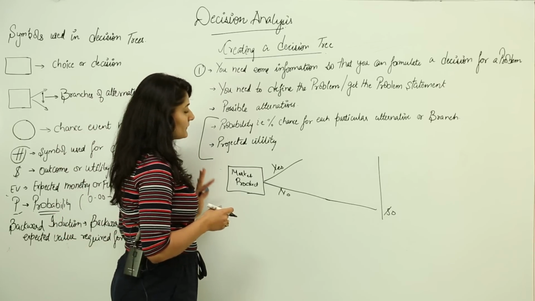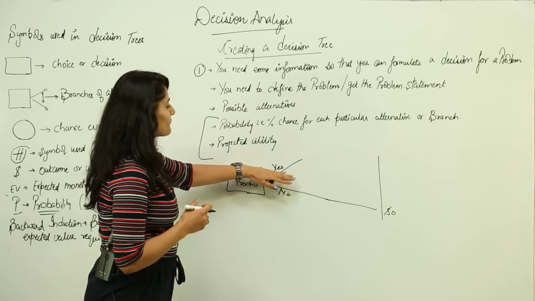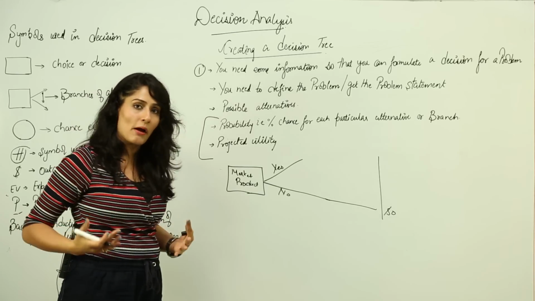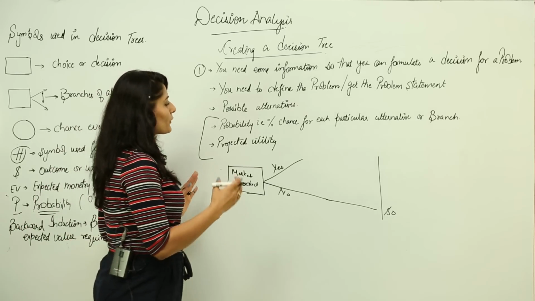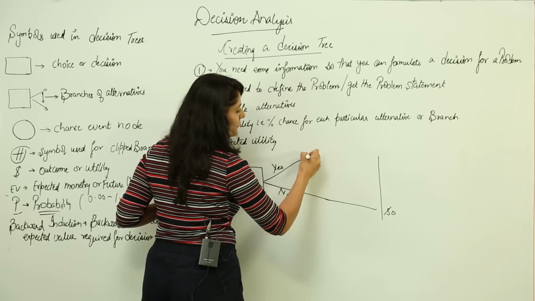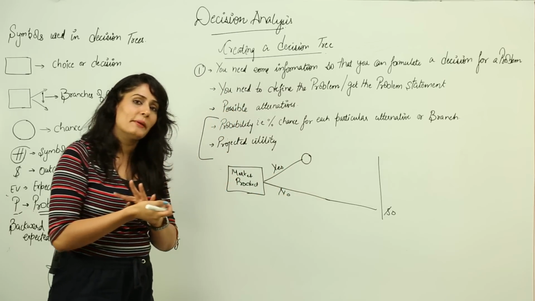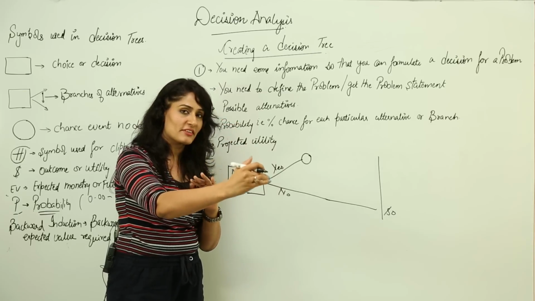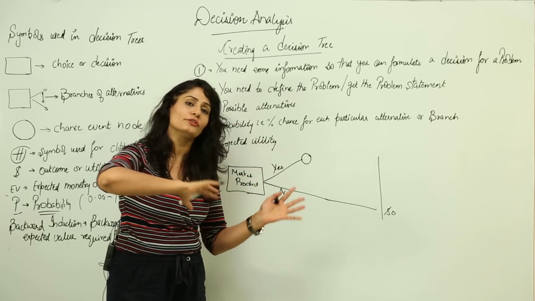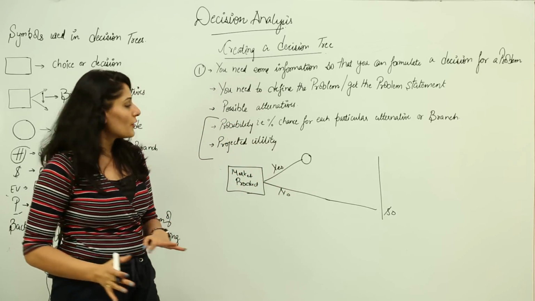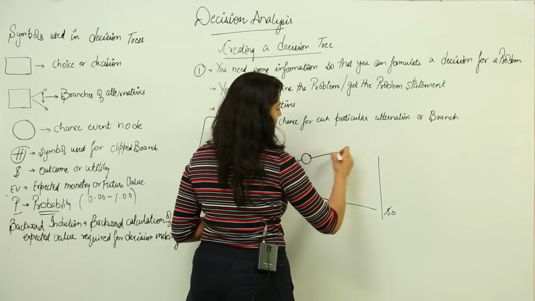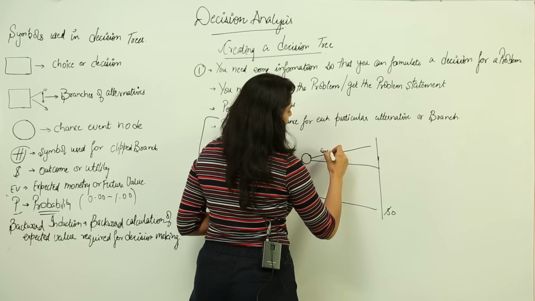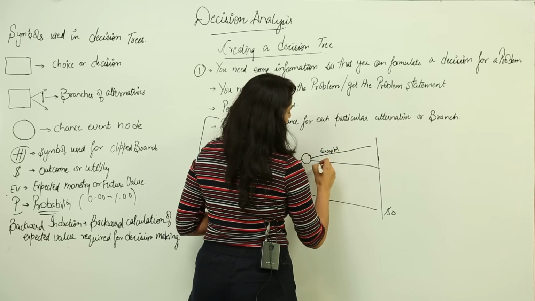We just assume that nothing has been invested, right. So now if I go ahead with this branch, that is yes, that I should go ahead and market my product, right. So what will happen? Chance will play its role. So now when chance plays its role, I have to simply tell you either my product would be successful, it would be a successful launch, or it would be unsuccessful, right. So two things can happen. So either it would be successful or not successful.